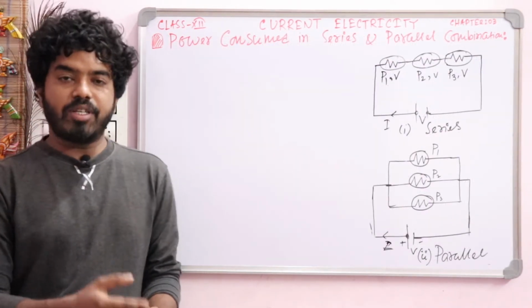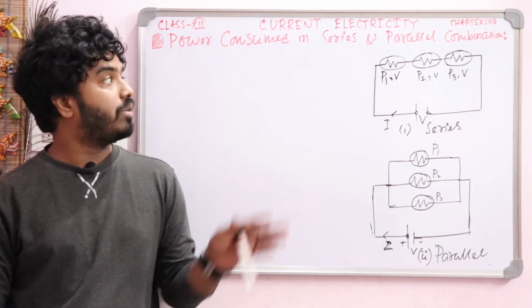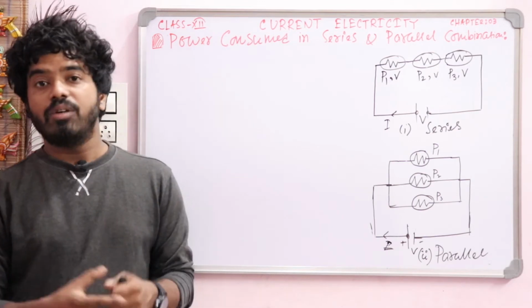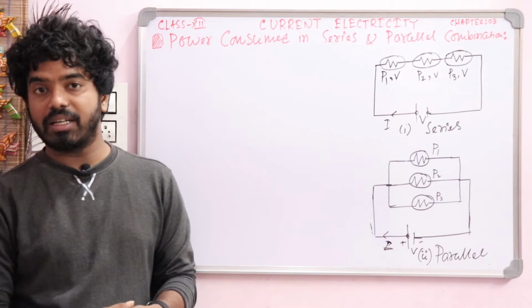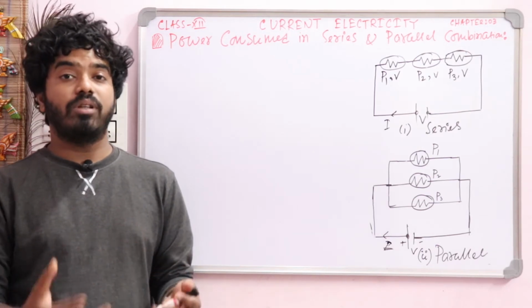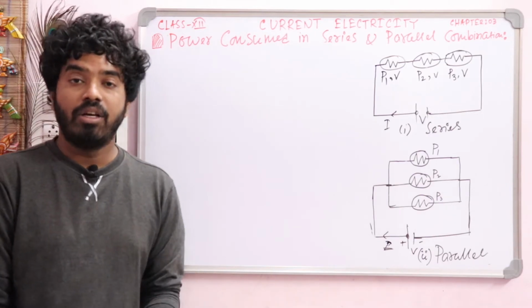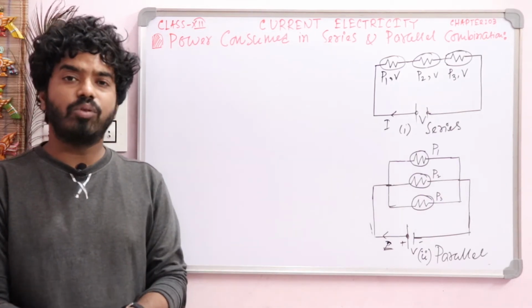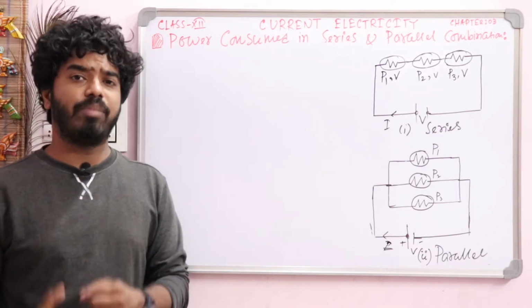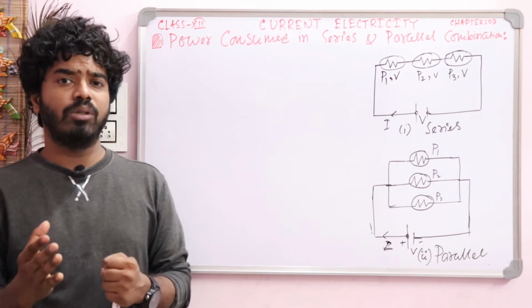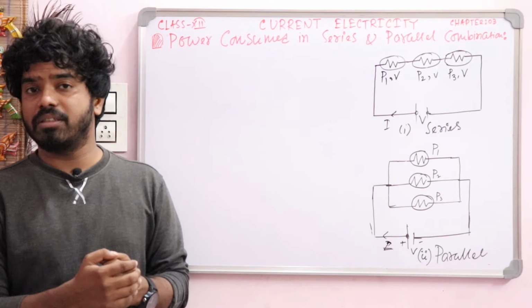So students, after knowing electric energy, electric power and heating effect of current, we will discuss the power consumed when electric appliances are connected in series, as well as the power consumed when they are connected in parallel. Before knowing this part, at first you have to know the meaning of power rating. The power rating of an electric appliance is the marked value. It says the ability of that electric appliance.